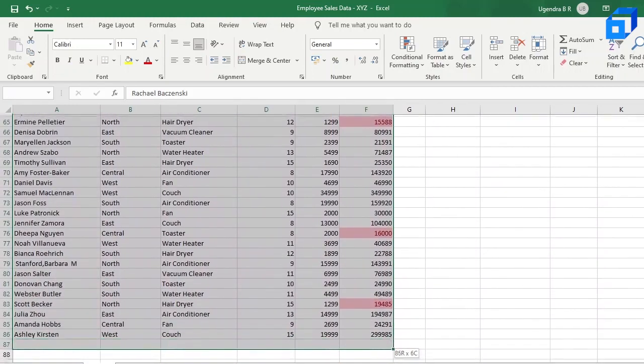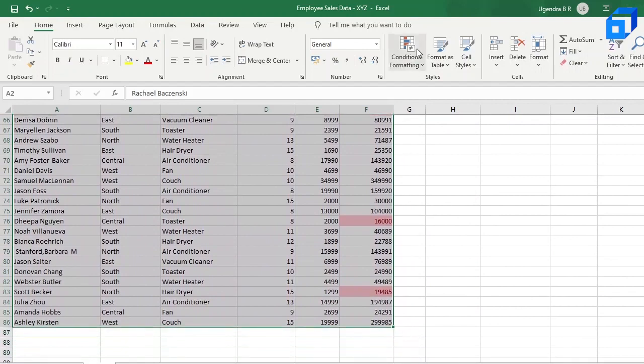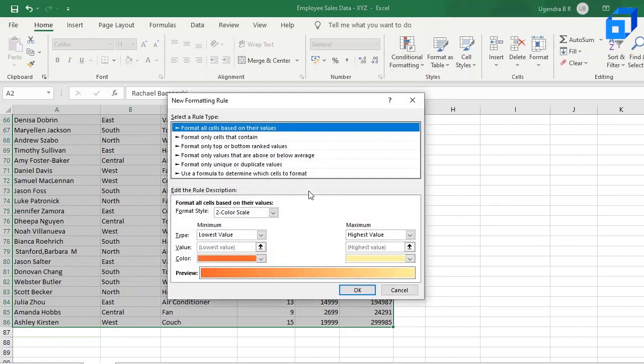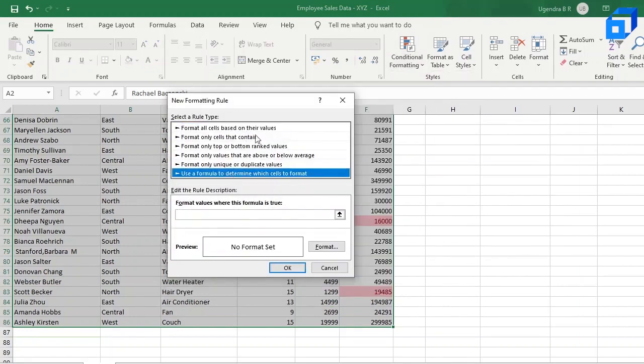Select over here and then go to conditional formatting, go to new rule, and over here we can use a formula instead of selecting the already given rules. So the formula here will be... And also always remember that a formula in Excel always starts with an equal to sign. Otherwise, it does not read that it's a formula.